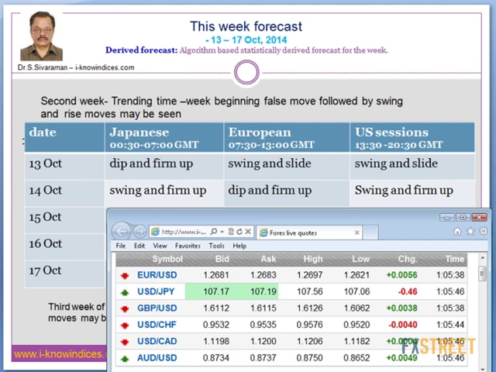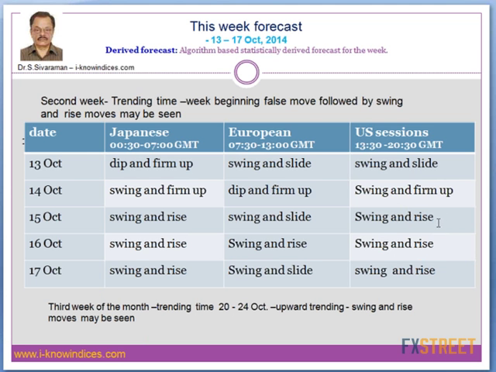So if you become bullish, then you won't feel like taking a sell and buy trade. So then you need to understand that market is tradable. No emotional attachment or sentimental attachment to the market levels or to the currency pairs, the instruments. Then tomorrow, they are expected to make the swing and firm up during the Japanese, European, and US session. And there could be a dip during the European session.